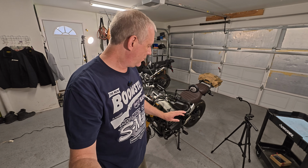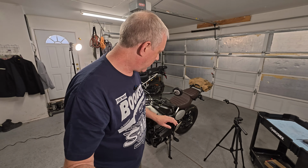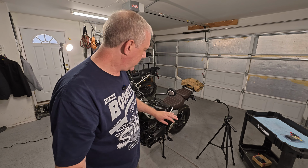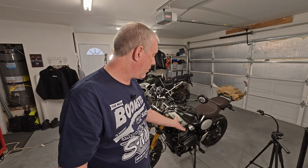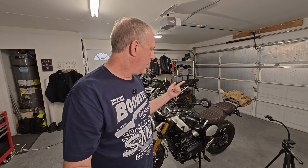We are going to install some bar end weights on these Barkbuster handguards. Now, this is not by any means a tutorial because it's one screw on each side to do it. This is more about maybe you have this bike and you're considering adding the bar end weights, or you want to buy the whole Barkbuster set and you wonder, do I want to spend the extra money on these things? Well, I'll at least be able to show you what they look like on a Triumph Scrambler